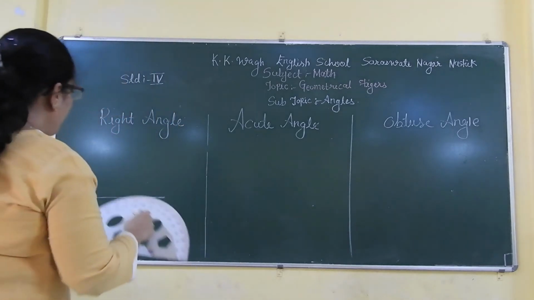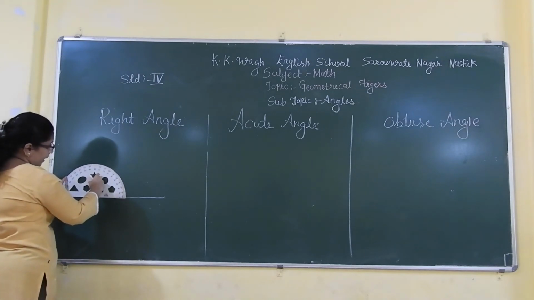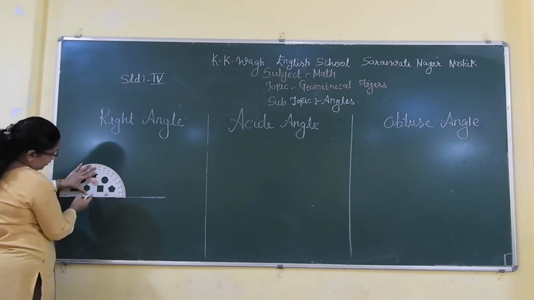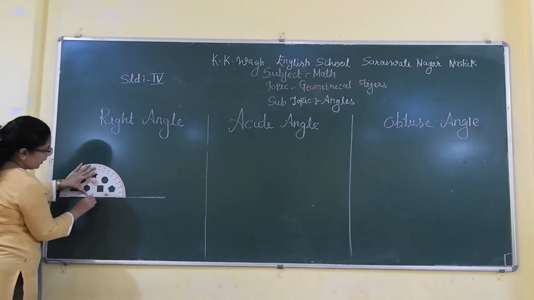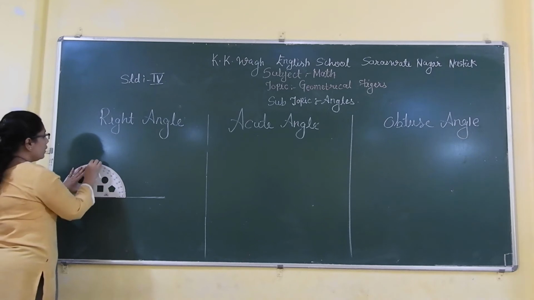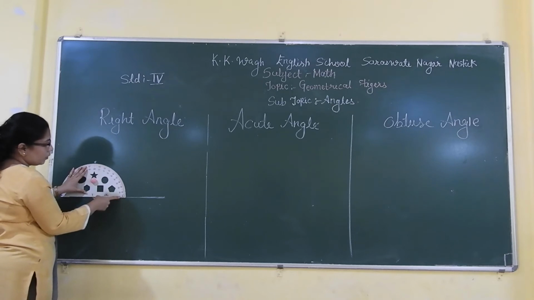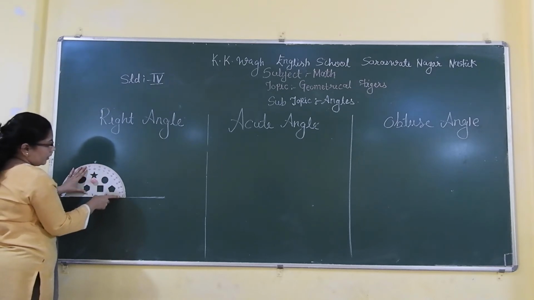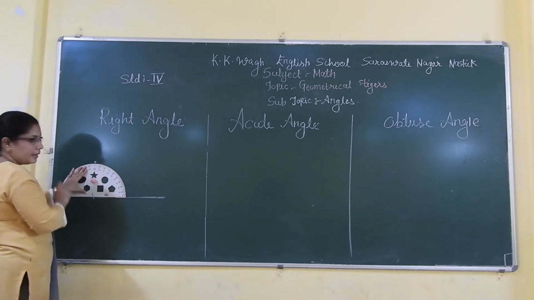Okay. Now we will put this arrow on one end like this. Okay, and it should be in a straight line like this. Properly in a straight line. You will see it properly. Here there is an arrow. On this one end I have put it and put one point here on the 90 degrees. You can see different types of degrees. This is 0 degree, 10 degrees, 20, 30, 40, 50, 60, 70, 80 and 90 degrees.